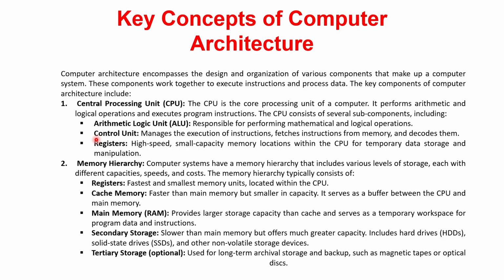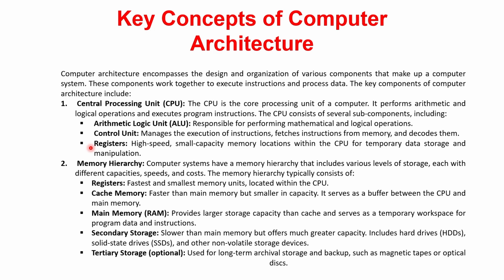Then within the CPU, there are registers, which are high speed, small capacity memory locations. These are used for temporary data storage and manipulation. So they are the fastest type of memory in the system. We will see next in the memory hierarchy how they are the fastest but the smallest in size. So the second is the